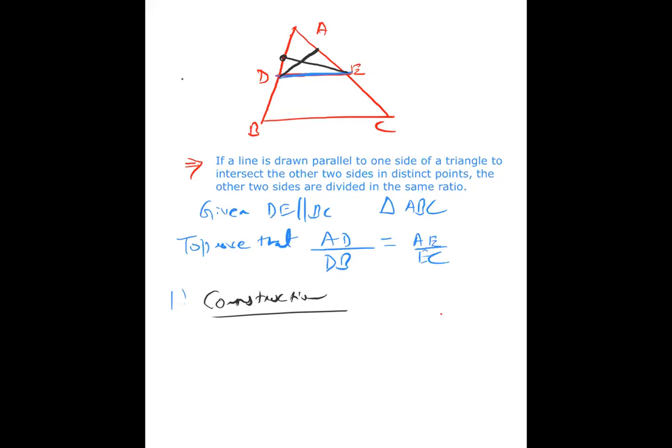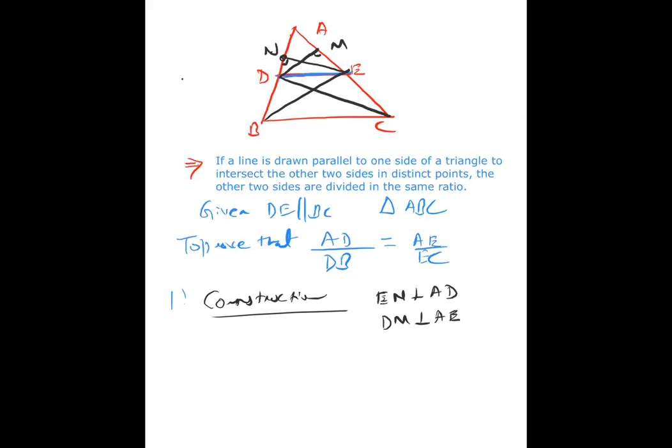Okay, so these two perpendiculars you have to draw. Whatever name you give, I will give the name as per the book, N and M. Join C and D and join E and B. These are the two constructions you have to do. Draw perpendicular EN, which is perpendicular to AD, and another perpendicular DM, which is perpendicular to AE.